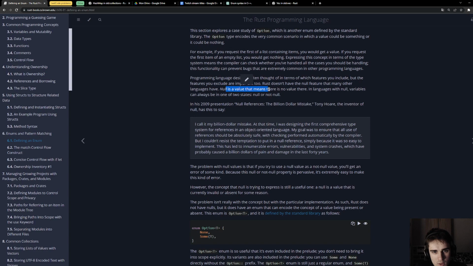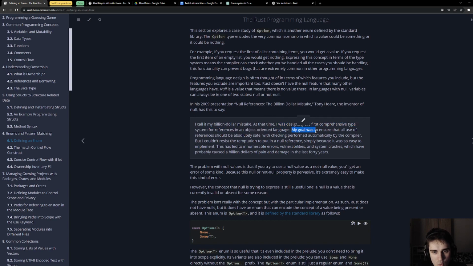Null is a value that means there is no value there. In languages with null, variables can always be in one of two states, null or not null. In his 2009 presentation, Null References: The Billion Dollar Mistake, Tony Hoare, the inventor of null, has this to say. I call it my billion-dollar mistake. At the time, I was designing the first comprehensive type system for references in an object-oriented language.